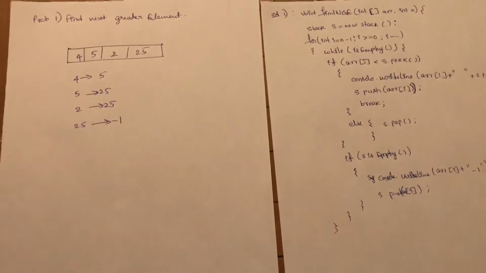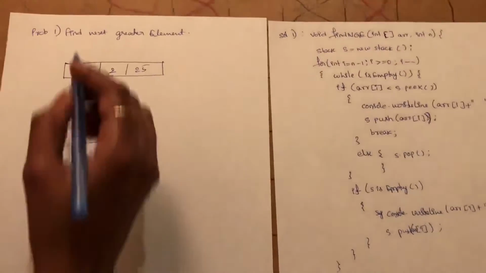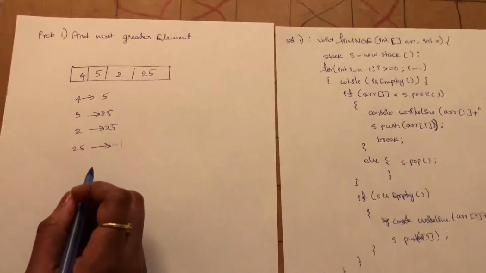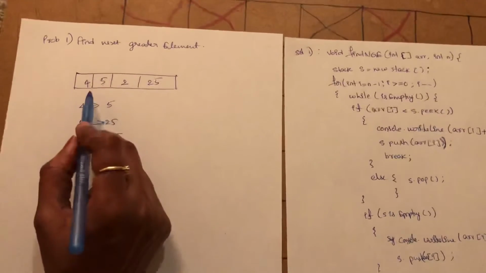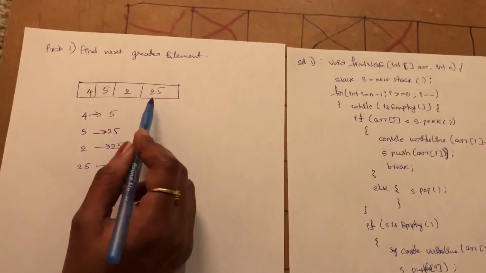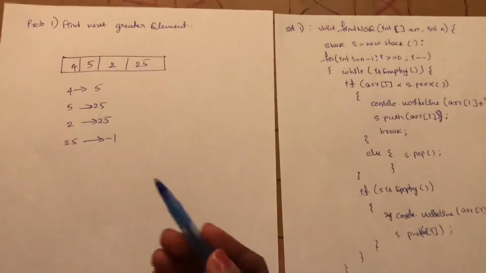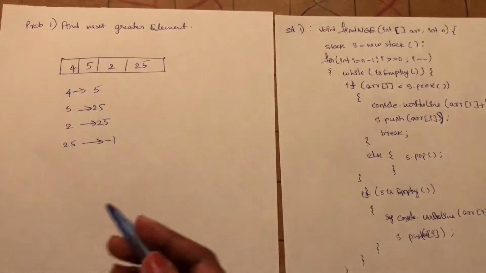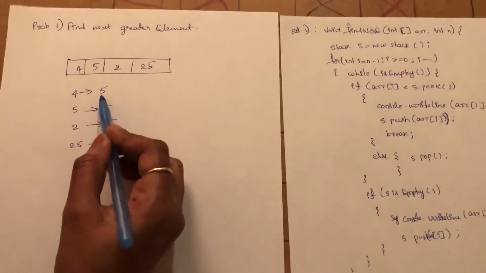Hi, welcome to assignment number 5, problem number 1. Find the next greater element of the given array. So, for example, if we take this array, what does next greater element mean? For each element in an array, the immediate greater element of that particular element is what we call the next greater